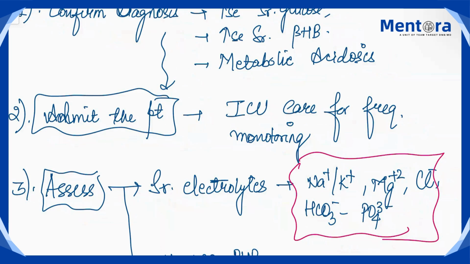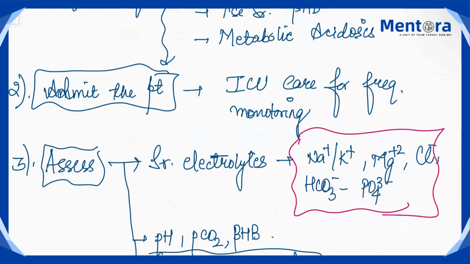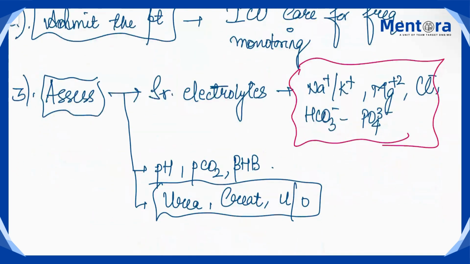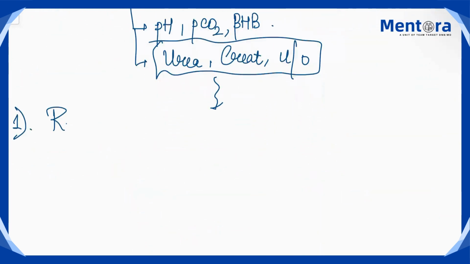Okay. There is metabolic acidosis, so we have to look for the bicarbonate levels. We have to look for pH, PCO2, beta hydroxybutyrate, urea, creatinine, urine output, because it is a matter of dehydration. Patient is having polyuria. We have to look for the renal status also. And because the fluid replacement is the main crux of treatment, first and foremost, we will start with this treatment only, that you have to replace the fluids.